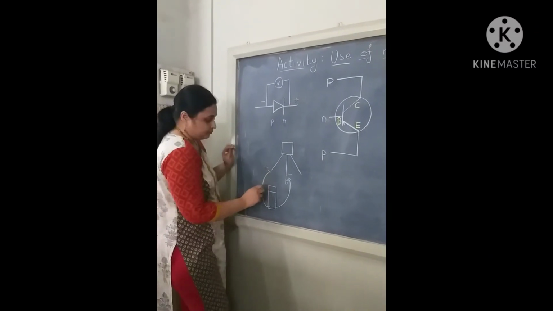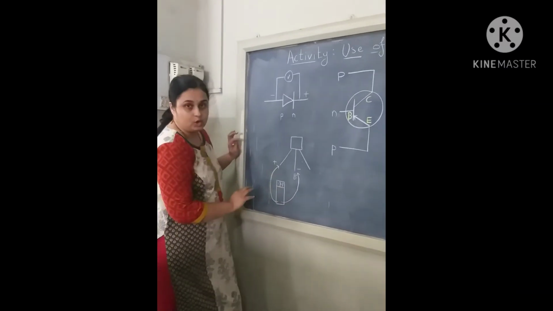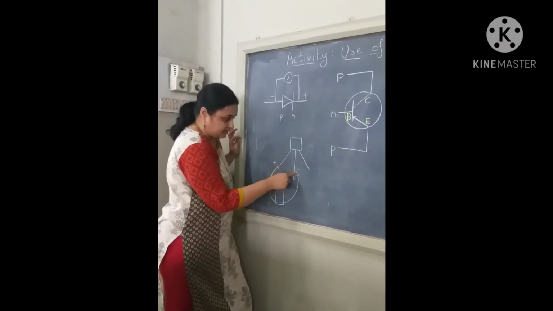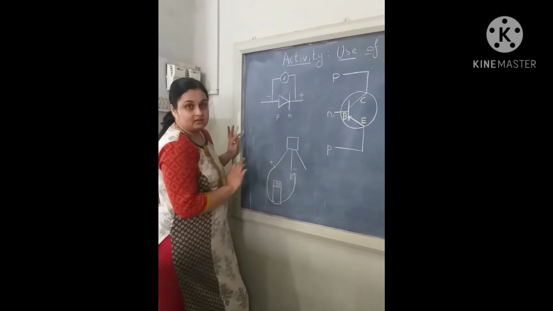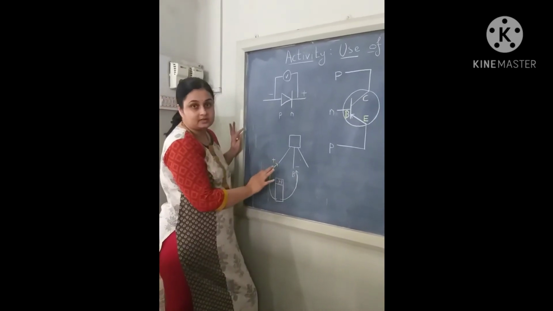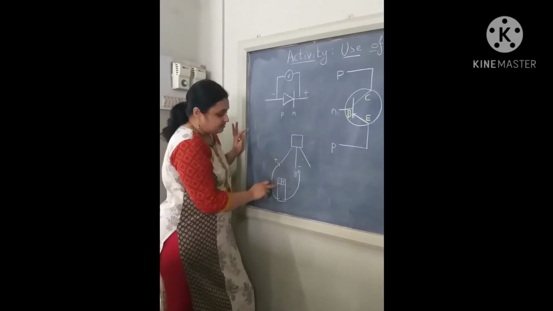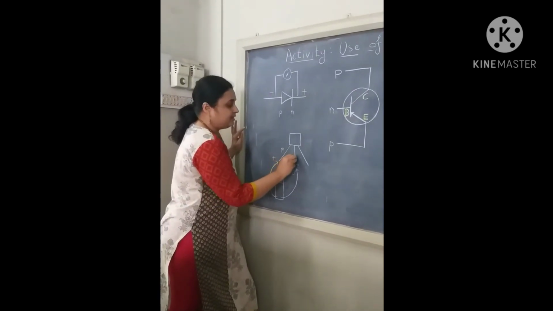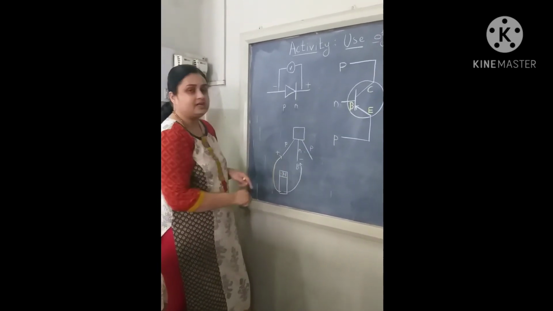If I get a value, say 0.78 something, I get some value over here. So what does that mean? When positive is connected over here and negative is connected over here, this transistor is conducting. In a diode we have seen, if you connect positive to P and negative to N, only then a diode conducts. And this transistor is as good as 2 diodes. So if I get some value over here, it means that this terminal is P and this is N, and obviously this is also going to be P. You can just reverse it and see.